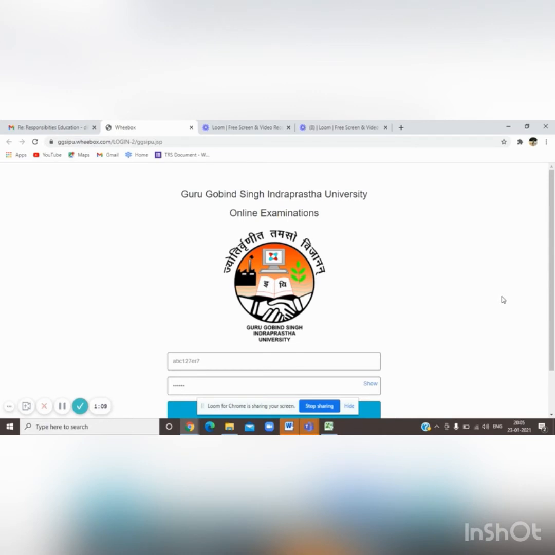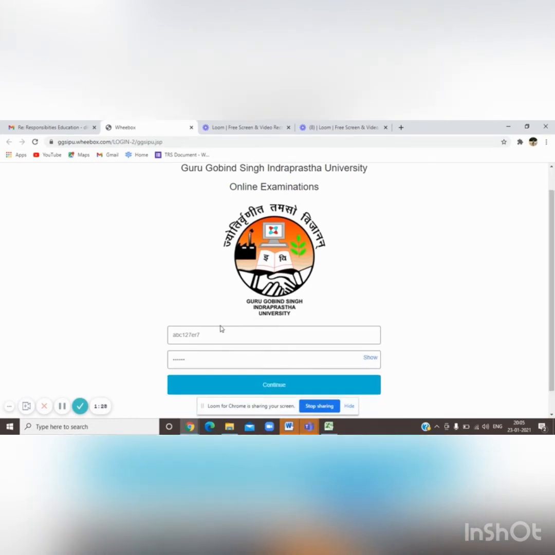Once the form has been filled in all aspects, the candidate needs to use the same login credentials that were received on the email to take the mock and all the exams that have been given according to the schedule. I have typed in my login ID and password. Everybody is requested to type them in rather than copy-pasting from the email received. I click on continue.